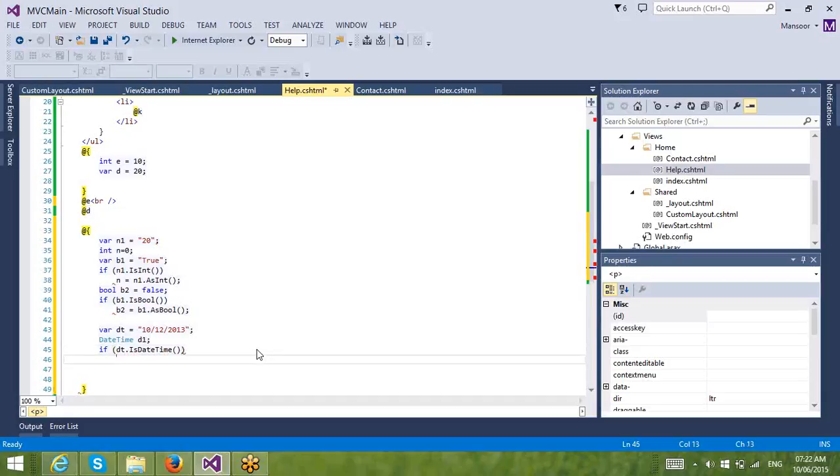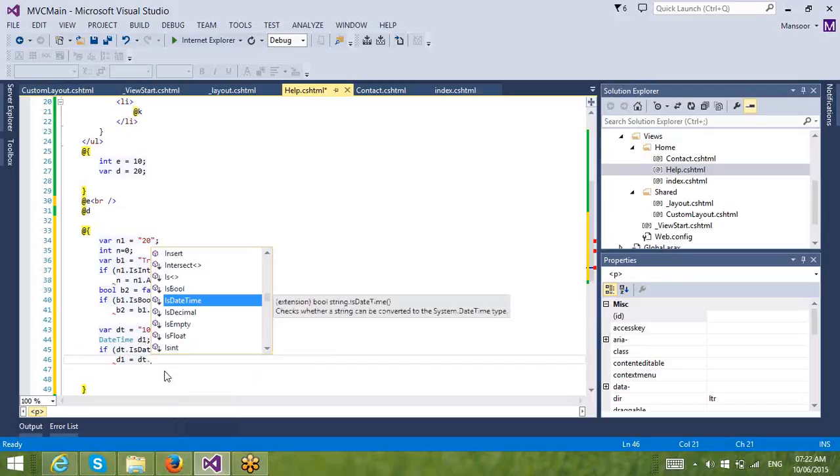Okay. Assigning D1 equal to, what do you write in that? Equal to, yes, I have a string. You have to convert the string into date time. In which string are you saving the date time? In the DT, yeah. DT dot, what do you write in that? Dot, I write here